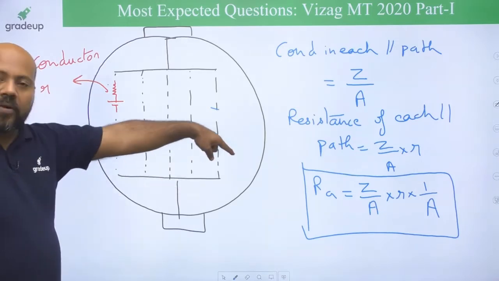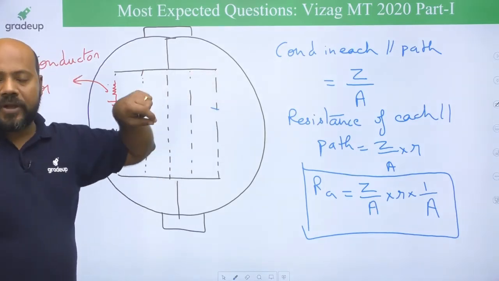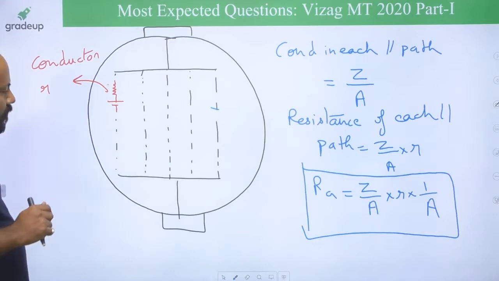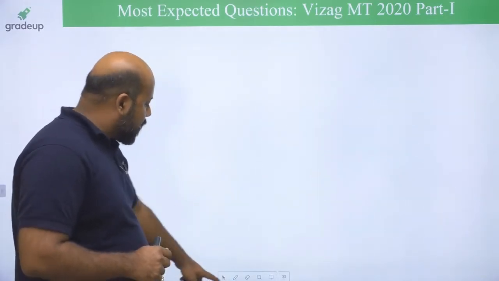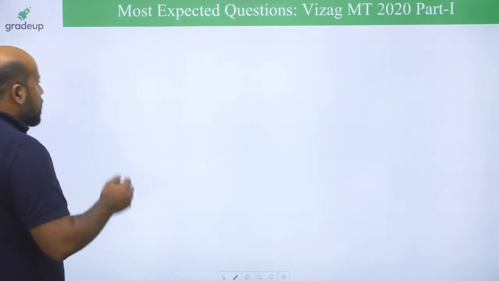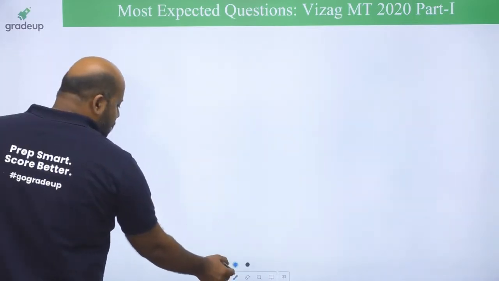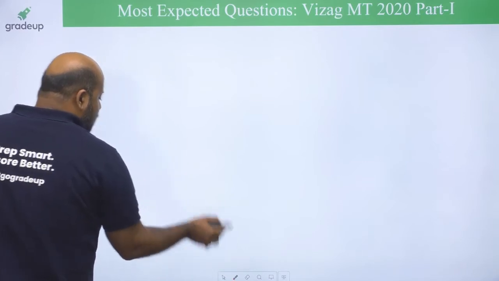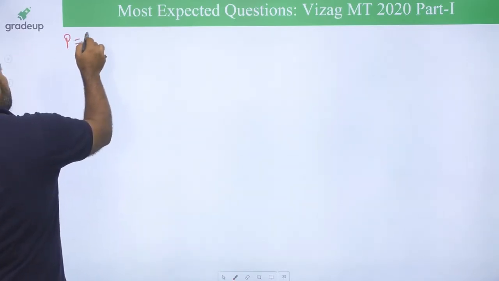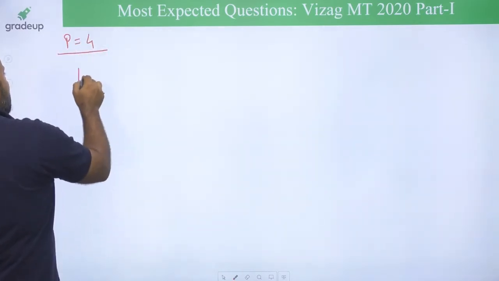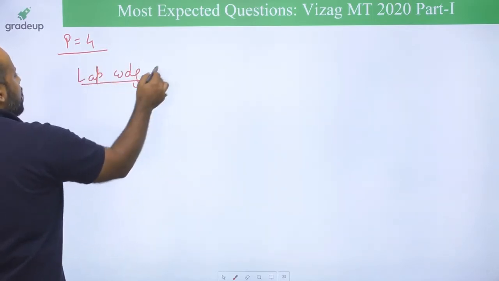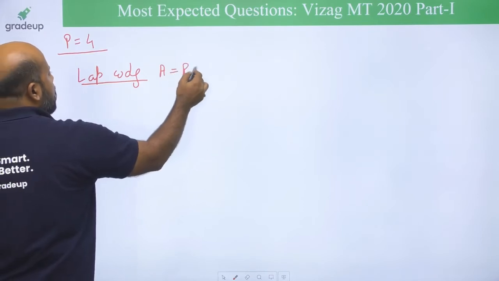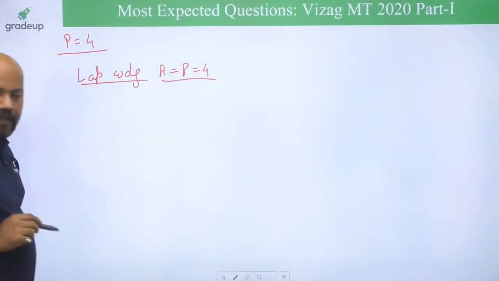So this is how you can correlate the lap bound and wave bound machine armature resistance. This is the first thing. Now he is saying armature current. How are you going to correlate the armature current? He is saying it is a 4-pole machine, number of poles are 4. If it is a lap winding machine, then the number of parallel paths is equal to the number of poles, that is equal to 4.